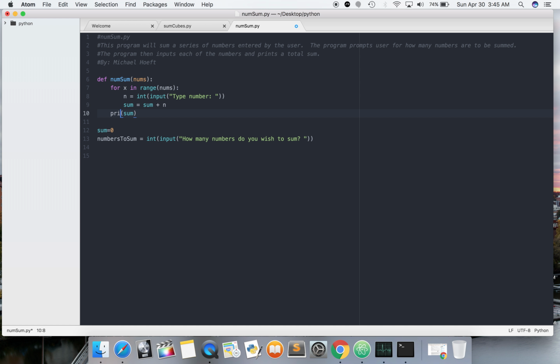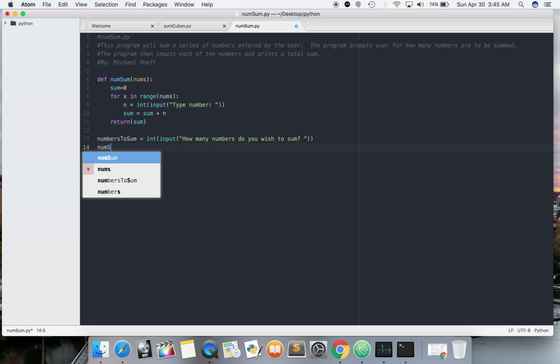So what if we just returned sum? Right, so we're going to return sum, and that's going to be inside the function, and now this is outside the function. So then this will be, how many numbers do you wish to sum? And then we'll call numSum on the numbers to sum. And then after we call it, we'll print